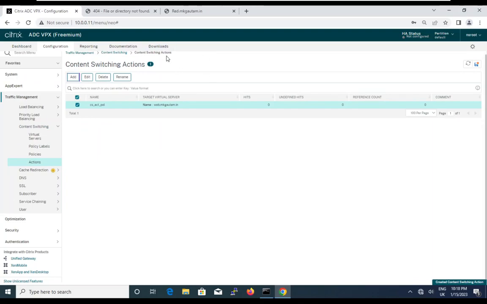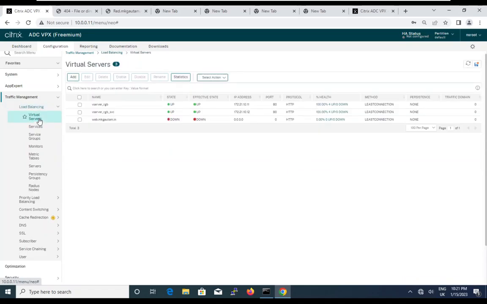So by this method, we have created a policy which says app and target virtual server is this. So when this action will trigger, we will define under policy. So we have created a final action. You need to trigger this action when, that we will define under policy, but what will be my target? This is my target. So if you go again to the load balancing and virtual server, so we have created